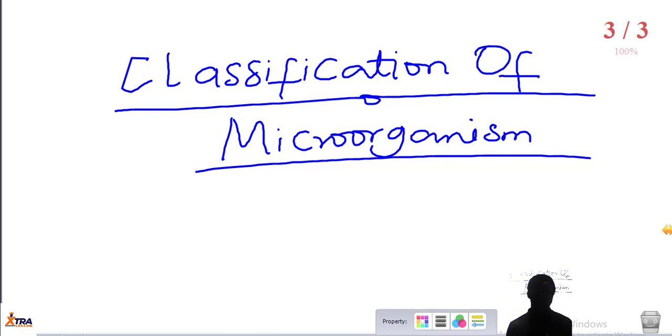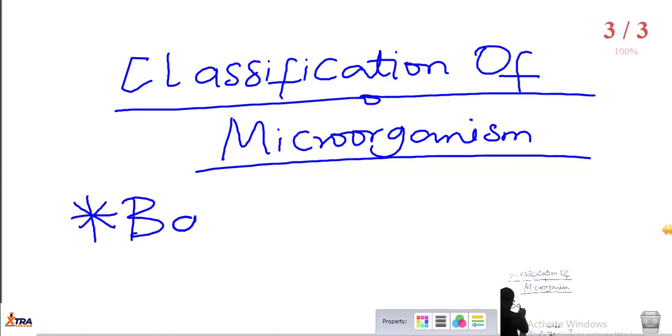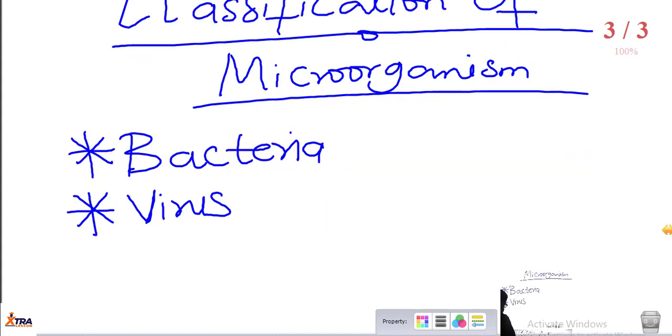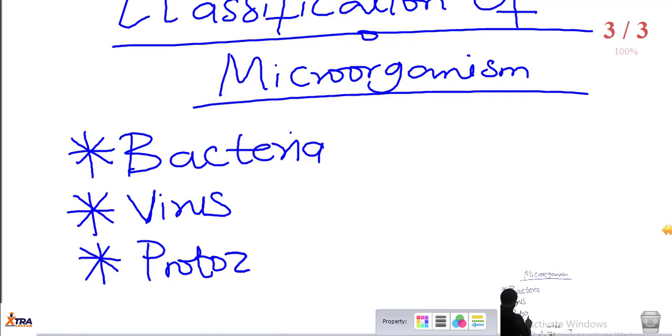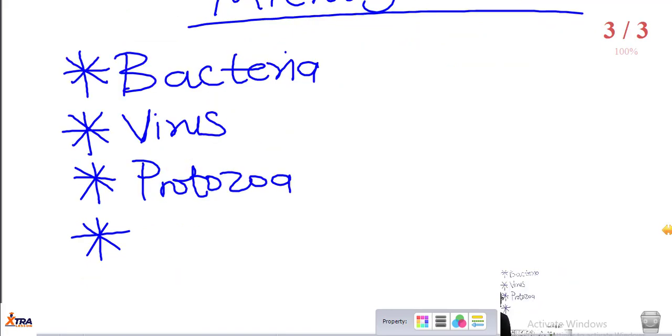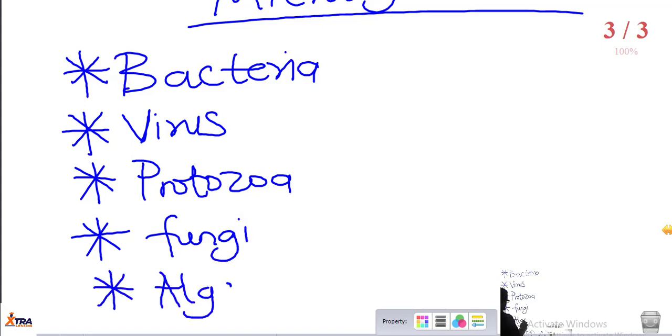So generally you can just classify them into bacteria, virus. You can classify them into protozoa. You can also classify them into fungi, and touch it up with algae. Although there's still argument over this guy,